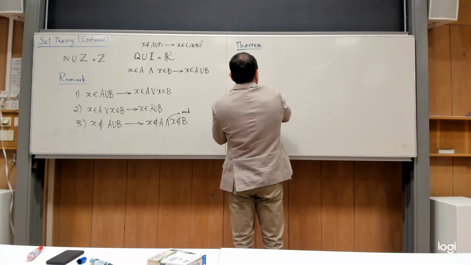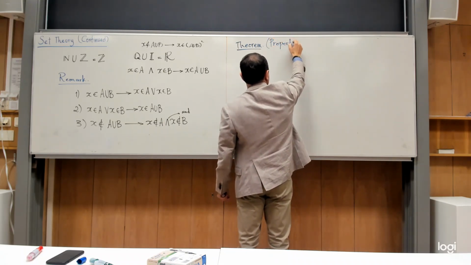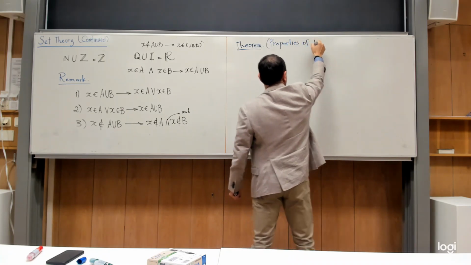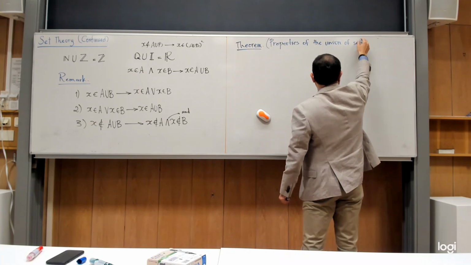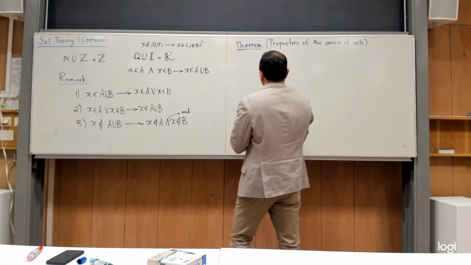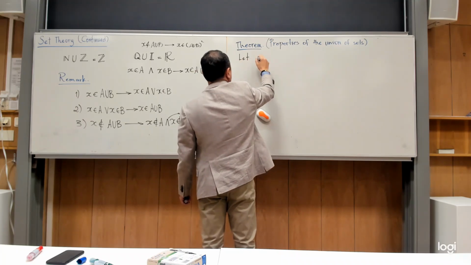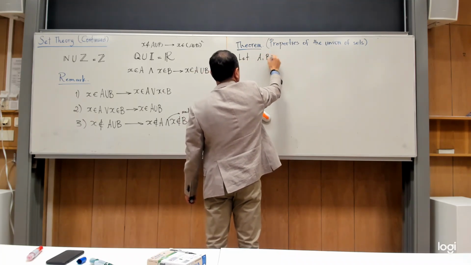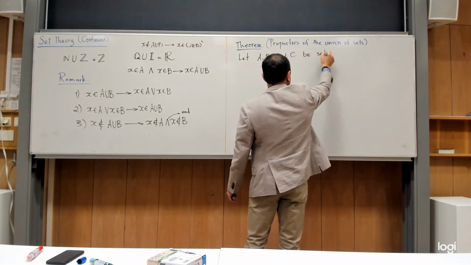So let me give it a name. Properties of the union. Okay, so let us keep it like that. And I will say that, let me write all of them together. Let A, B, and C be sets. And then,